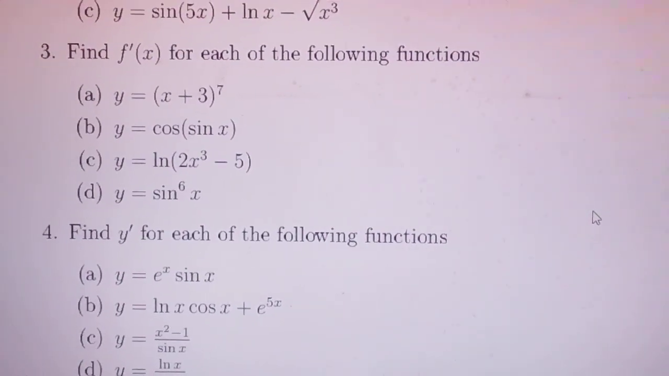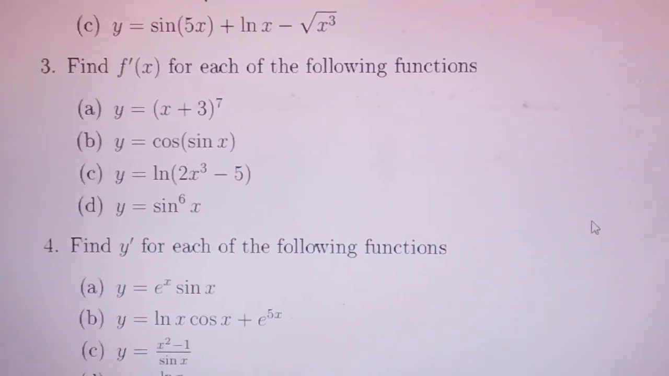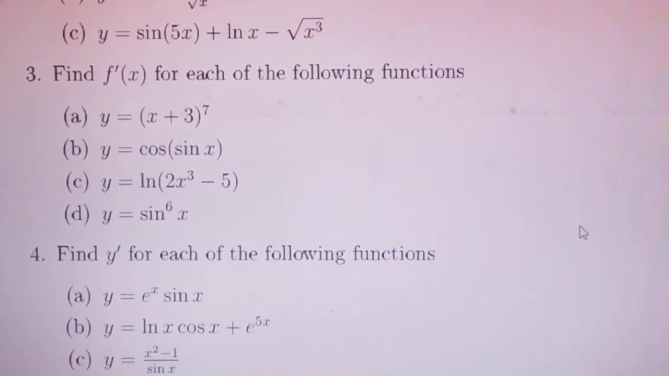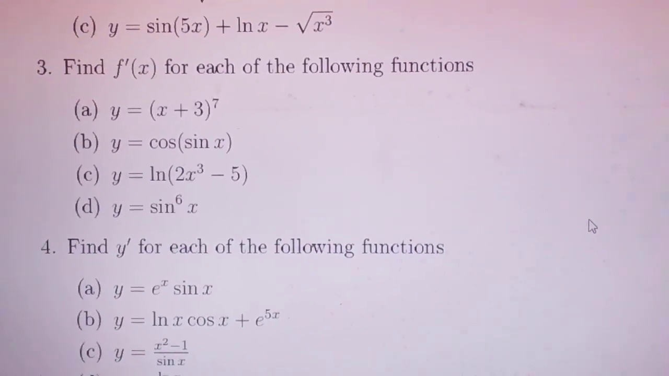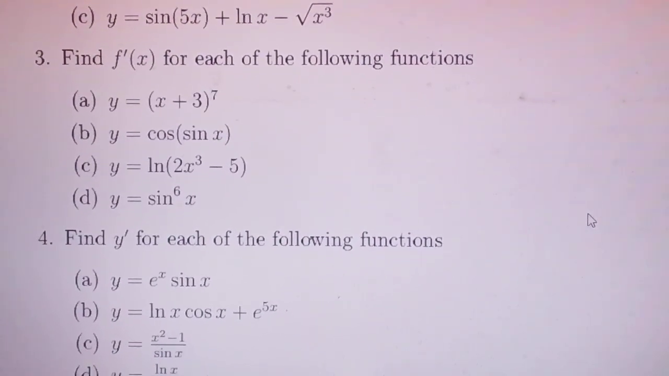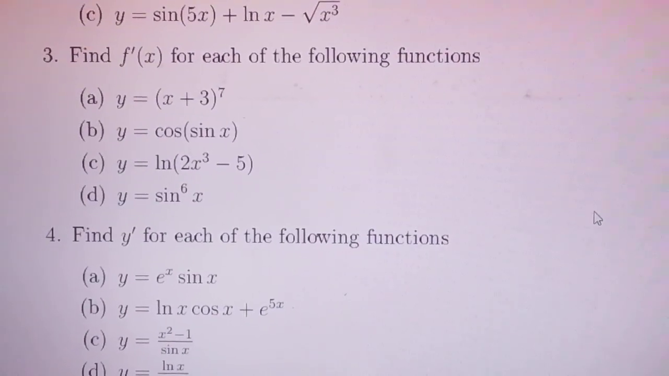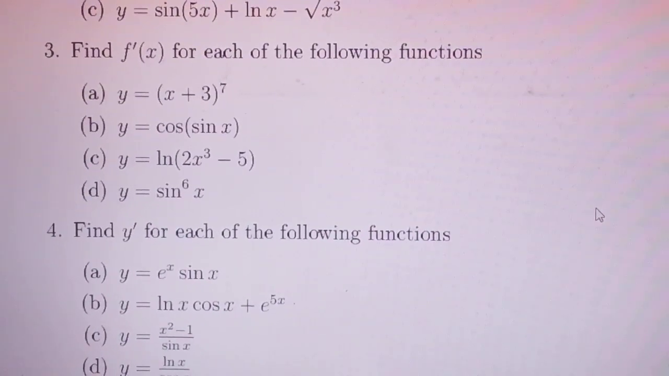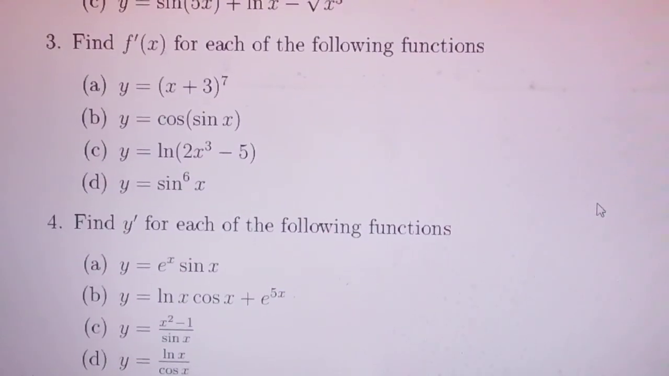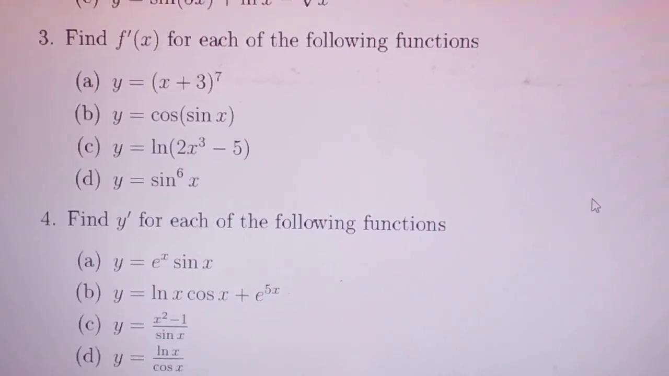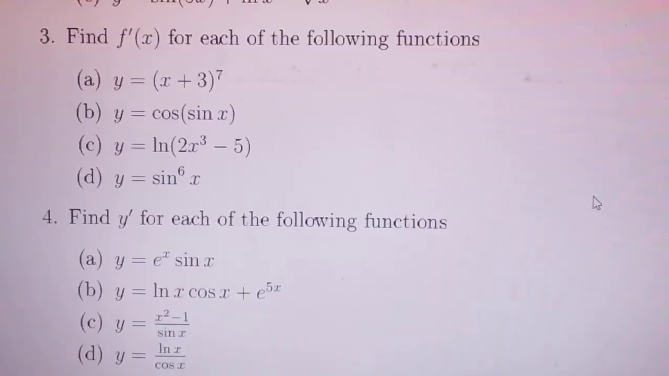Question 3 of the Taylor sheet. The question says find f inverse of x for each of the following functions. So we have a, which is y is equal to (x plus 3) to the power 7. We have b, which is y is equal to cos (sin x). We have c, which is y is equal to (2x cubic minus 5), and you have d, y is